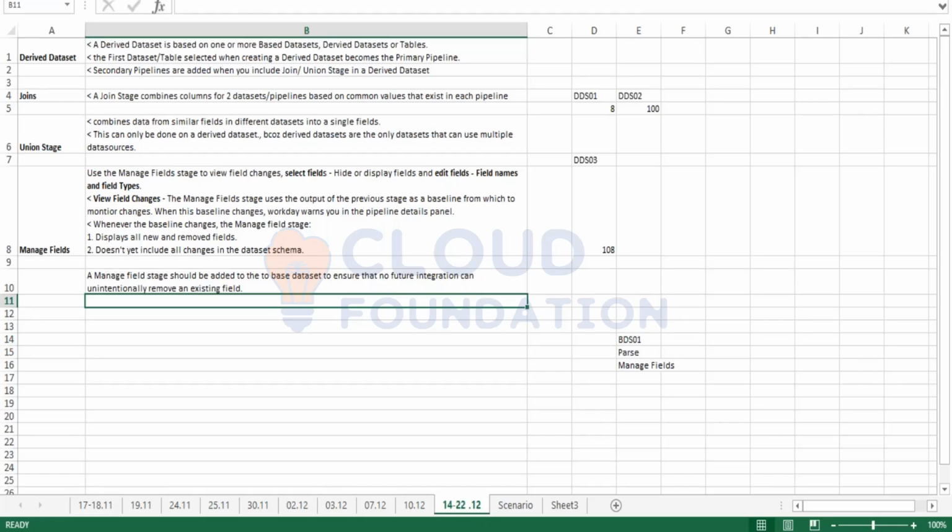Now at the end, if you want to hide some certain fields, you can also add